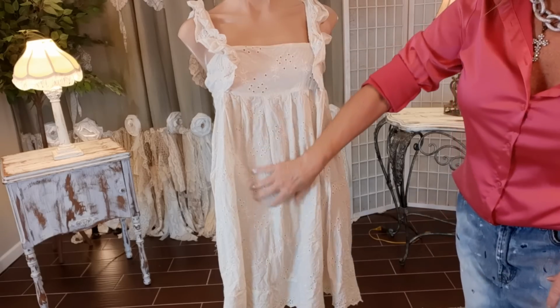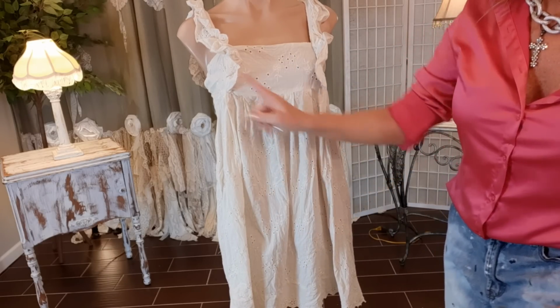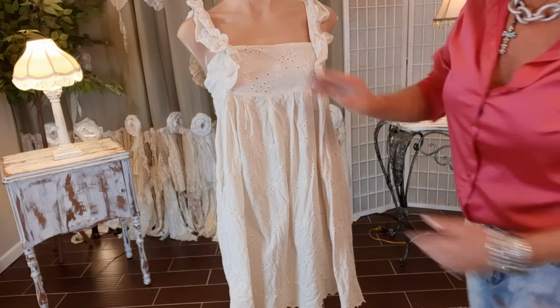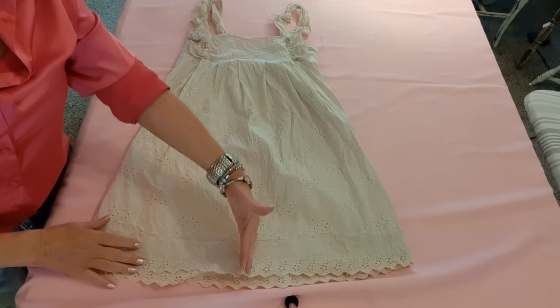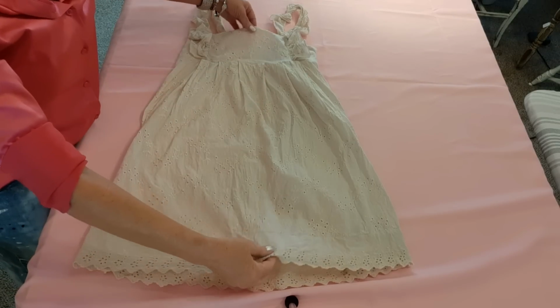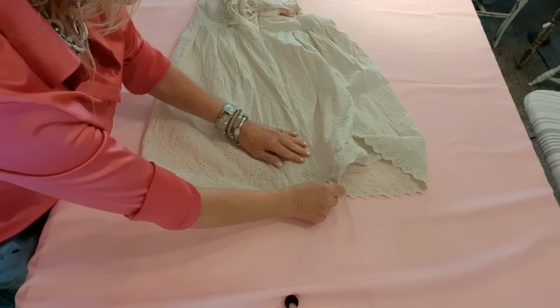I'm going to start with this piece and turn it into sort of a sleeveless duster. I've already cut the lining out of it. Now I need to cut up the center. To find the center, this is the front, I'm going to lay it on its side and line up the side seams nicely